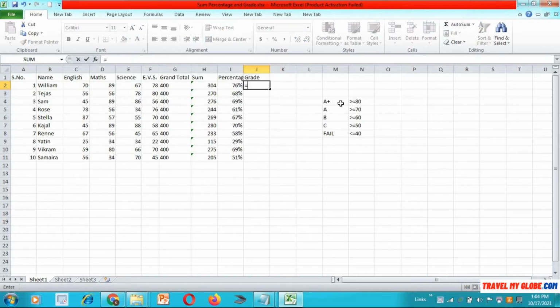Type equals if. What is the first situation? We want to check the marks. If the marks are greater than or equal to 80, then the bracket starts. If what? The percentage, because we are checking the percentage column. If the percentage is greater than or equal to 80, one thing to remember, just put the percent sign, because in our percentage column there is a percentage symbol. If there is no symbol, then you just omit it. Okay,